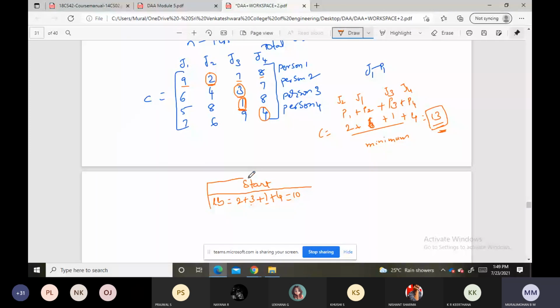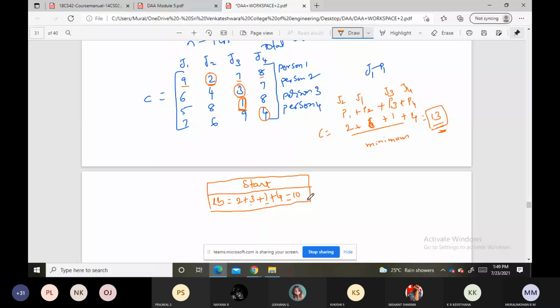Okay, this is the first node, the start node, right? This is the start node. Now you calculate for person 1. Now you check